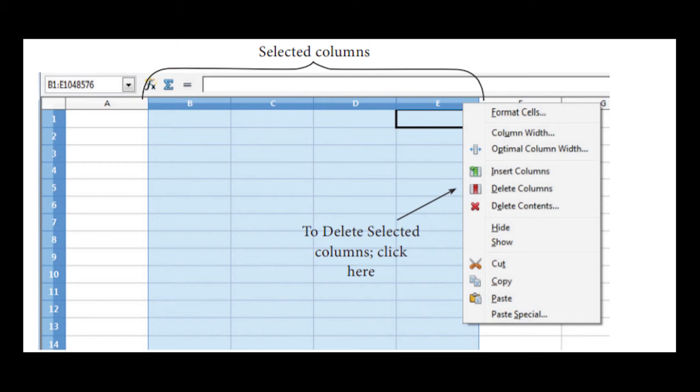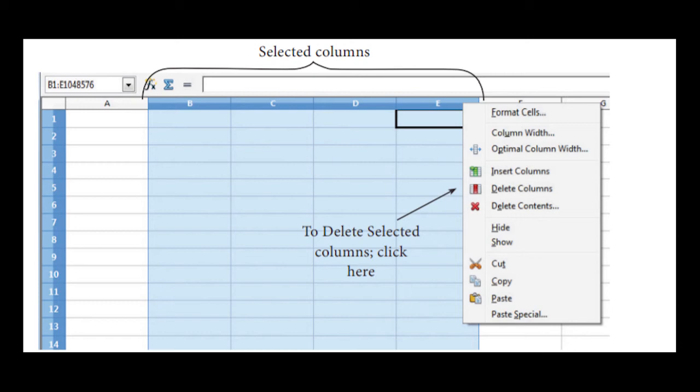You have to select the column or the row which you want to delete, and then right click on that particular column or row in the header portion, and you can just choose Delete Columns, right? Or Delete Rows from that pop-up menu. Okay, for deleting, you select one row or one column, and in this manner you can delete it.